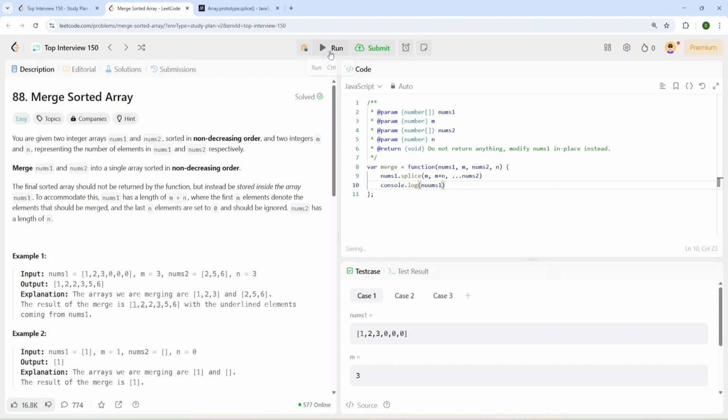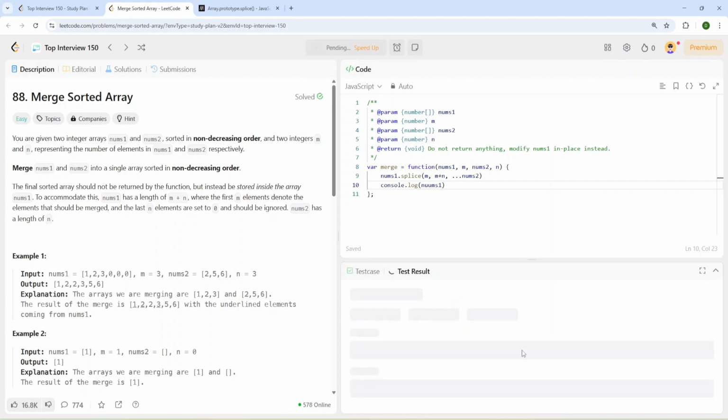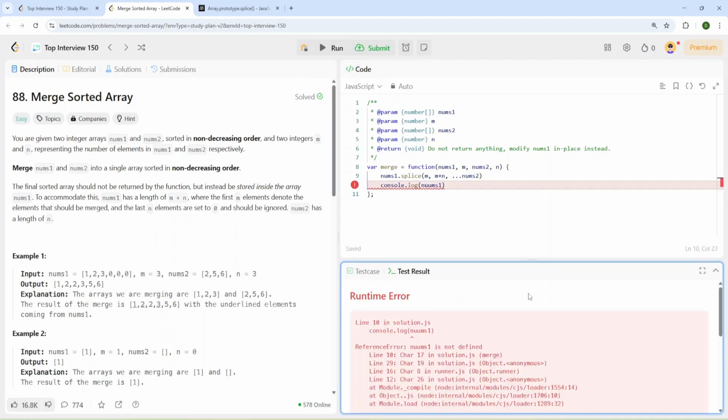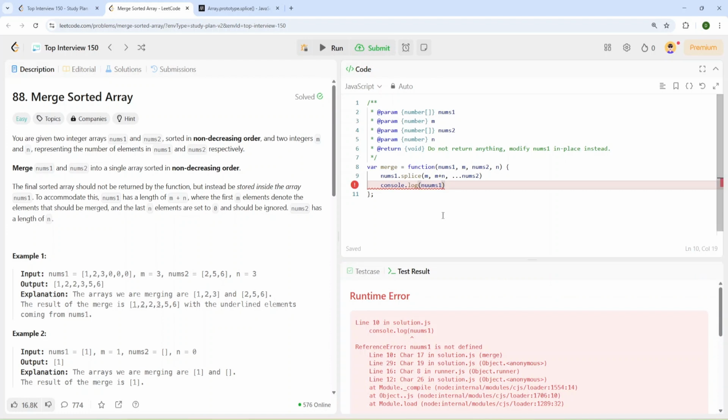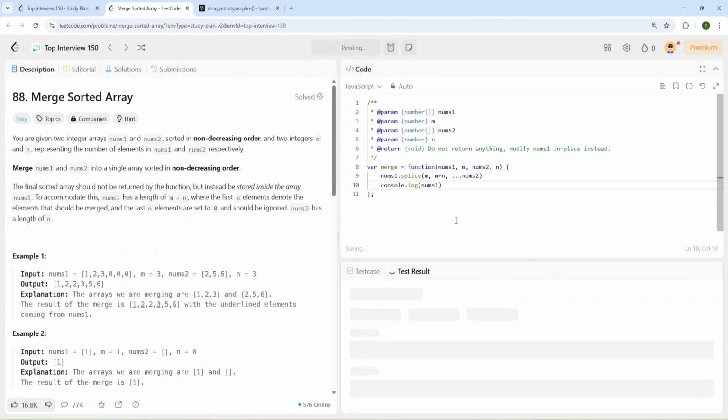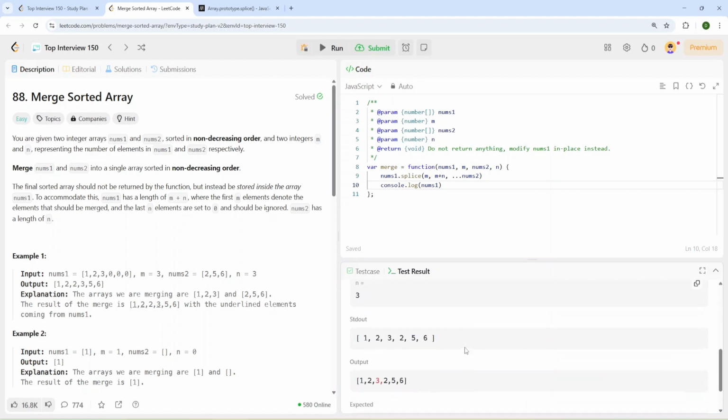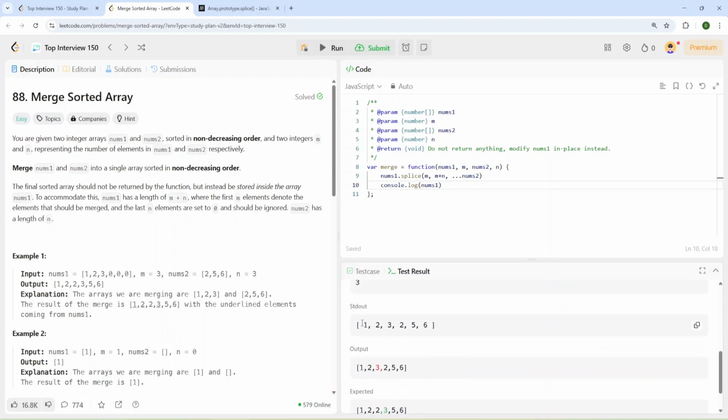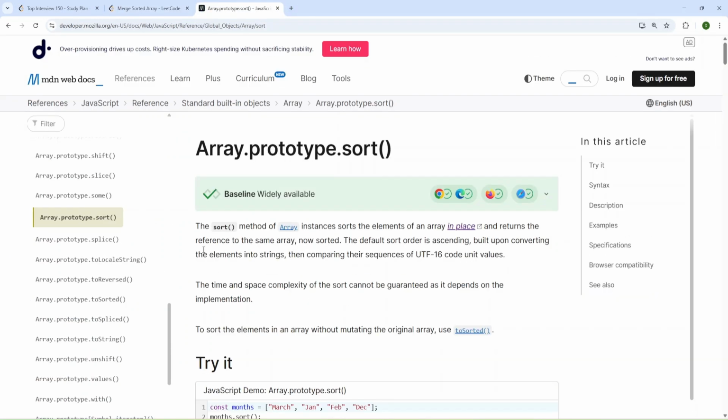I'm going to run, and let's check what we have so far. Okay, and I need to fix it. And let's check. As you can see, we have 1, 2, 3, 2, 5, 6, and our arrays are merged, and we need to sort them. For that, I'm going to use the sort function of array.